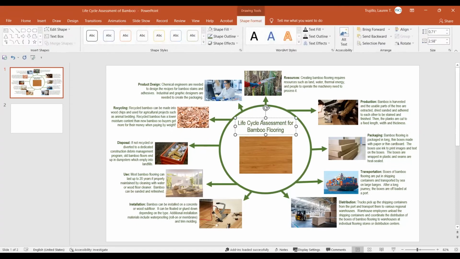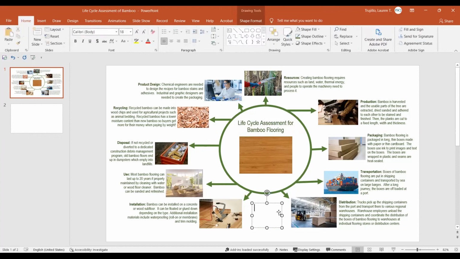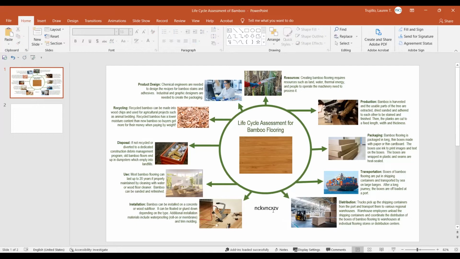I also created a text box here, just Insert and then Text Box right here. Then I inserted a series of text, and of course, I changed the color by going over here as well. So that's how I created the underlying structure of the most basic part of this central element here.